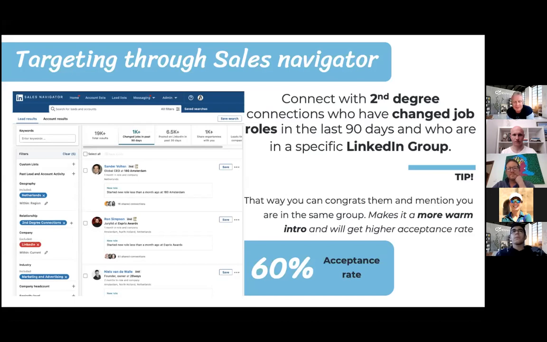But last month I played around with some easy to use Sales Navigator search strategies, which gave me a 50% or more acceptance rate. One of these strategies is that I run a search on Sales Navigator for second degree connections. That's always what I advise: if you build your list, try to find as many second degree connections as possible. And then I search for people who have changed their job roles in the last 90 days. As you see here on the screen, for those familiar with Sales Navigator,